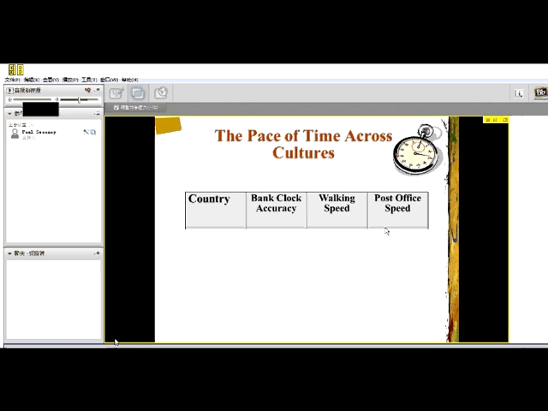But he looked at the pace of time, and you got to give this guy credit because how do you actually measure time or people's views and perceptions of time? So it's one of the cleverest things about his study. He came up with a whole bunch of measures that were proxies for how people valued time, and you're staring at 3 of them right now, and I'll describe those.